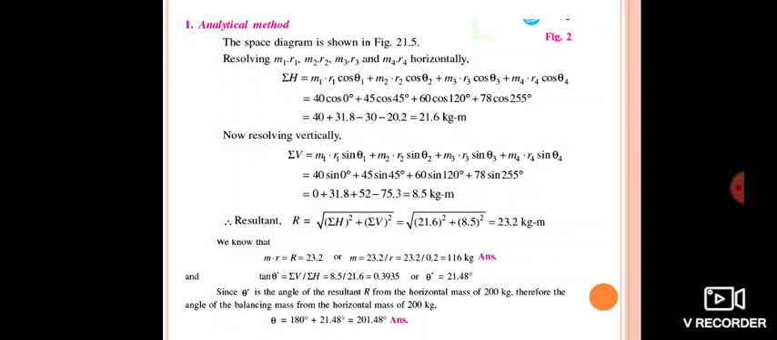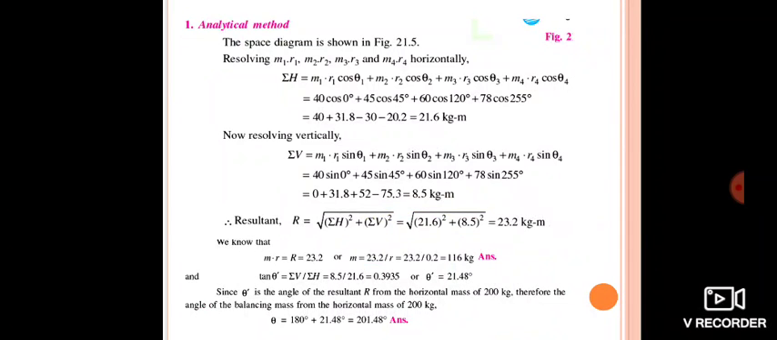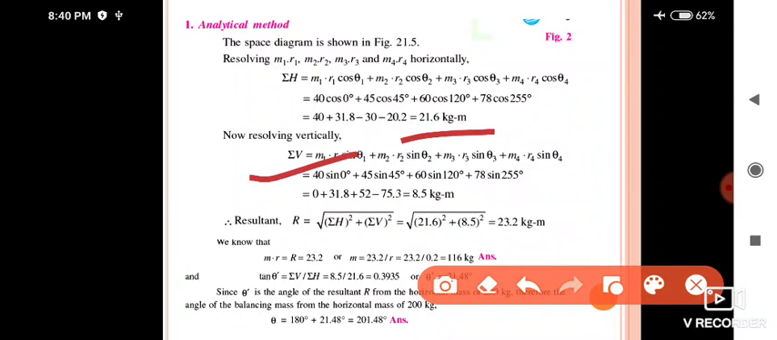Here, resolving m1 r1, m2 r2, m3 r3 and m4 r4 horizontally, you have to use this formula. Sum of H means the sum of the horizontal components of the revolving masses, that is m1 r1 and so on, which you have to take with the help of this formula. So add all the values in this sum of H formula, and then you are going to get the sum of H value as 21.6 kg meter,